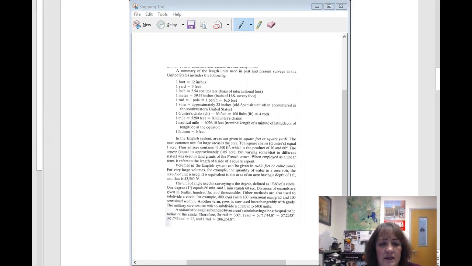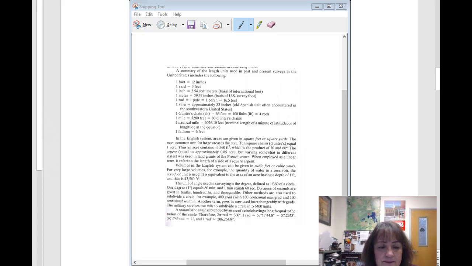Right. In your textbook, this is just a little screenshot of page 23. And here we talk about some of the interesting units that we use in the United States. So we know that a foot is equal to 12 inches and that a yard is equal to 3 feet. If we're converting back and forth between the U.S. customary system